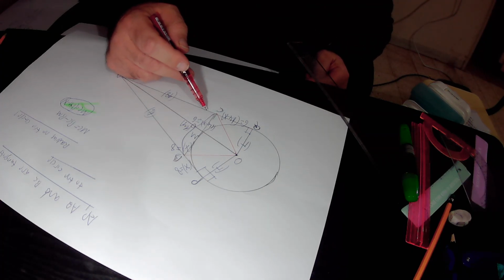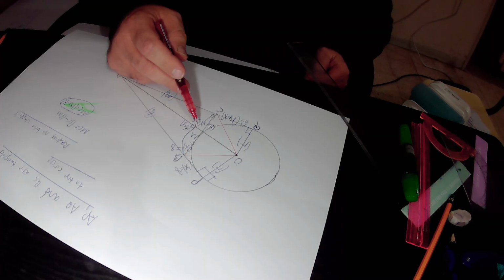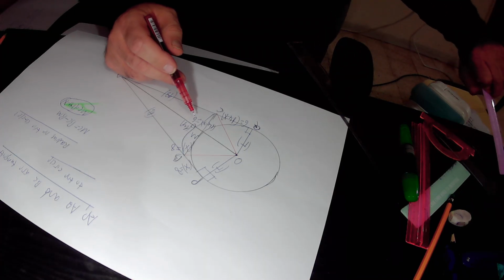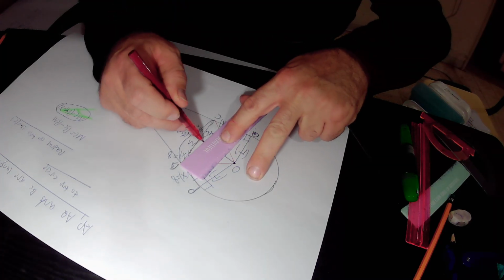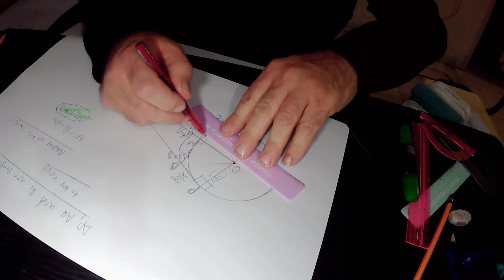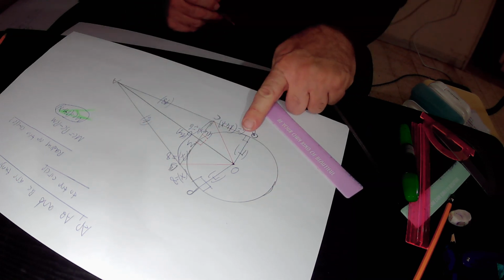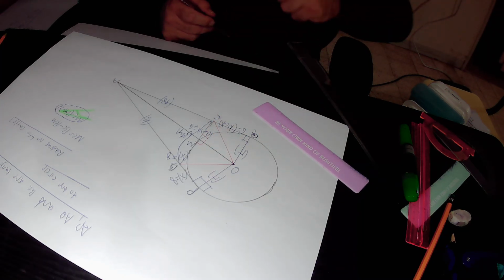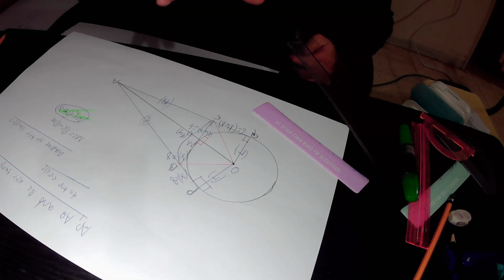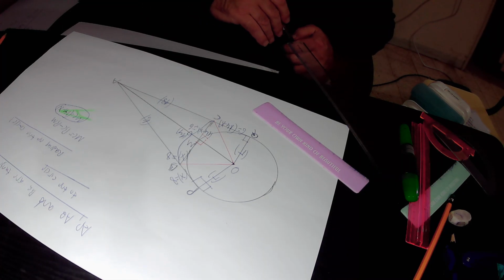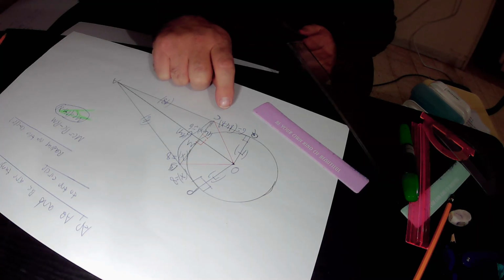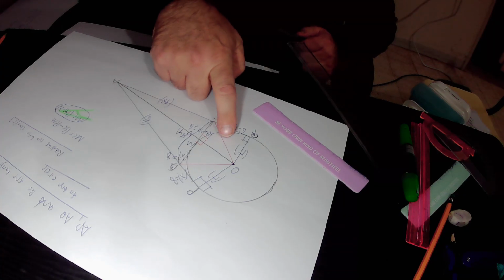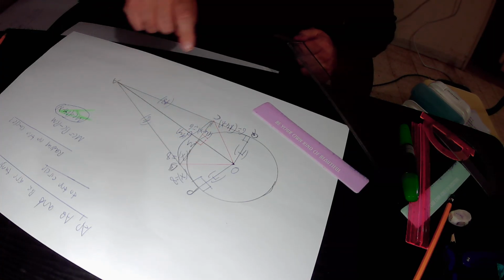BC is tangent to the radius OM at point M, and therefore, according to rule 1, this angle equals 90 degrees, and this angle also equals 90 degrees. So this is a right angle, this is also a right angle, this is a right angle, and this is the 4th right angle. So in total, in the drawing, we have 4 right angles, so we'll calculate the area of each of them separately, and then we'll add the areas of the 4 right angles with each other. The area of those 4 right angles plus the area of this triangle ABC is equal to the area of